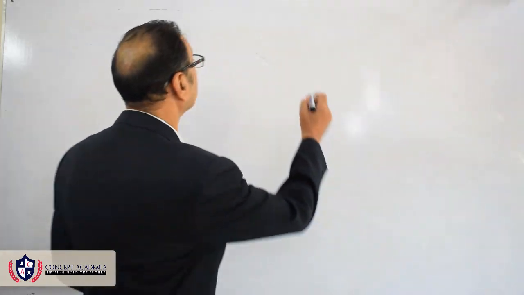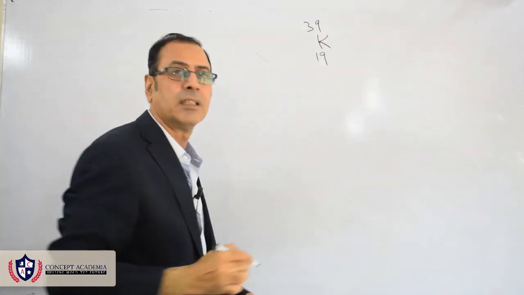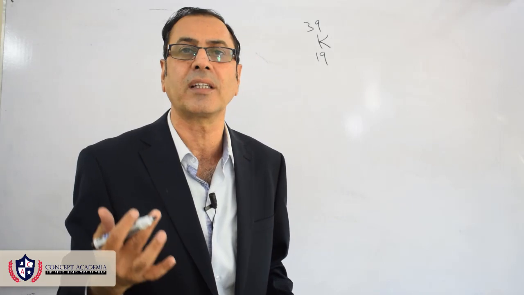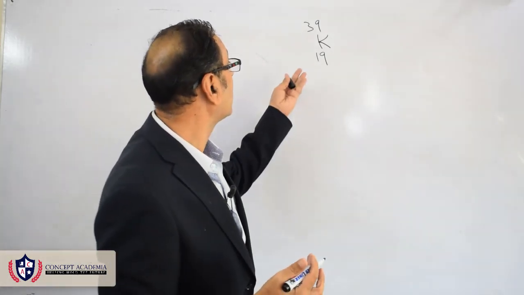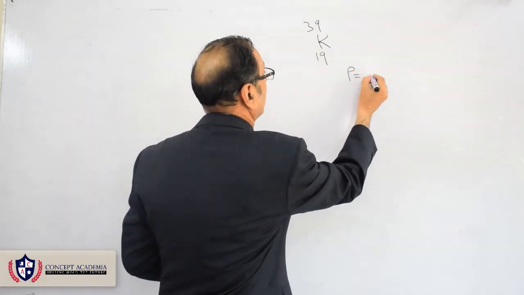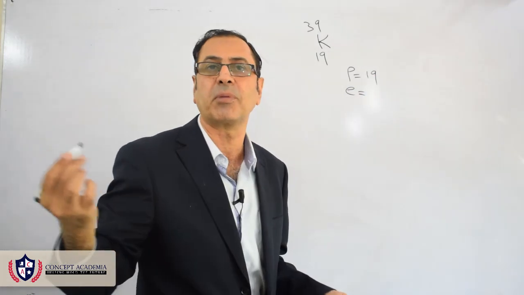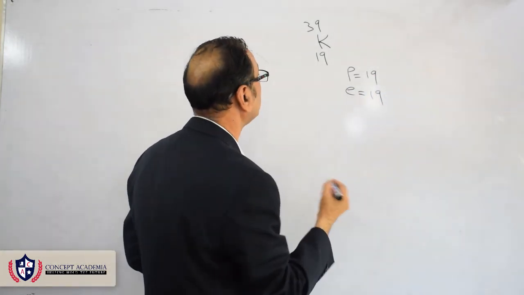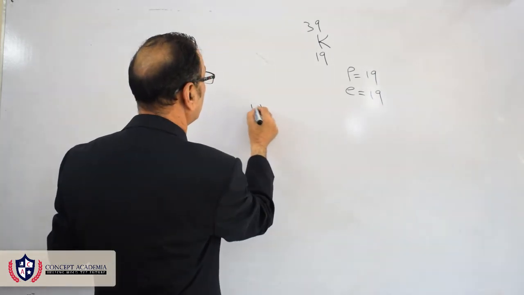The next element is potassium. For potassium, it is K 19 39. Students find it difficult and make mistakes in drawing the electronic configuration of potassium. There are 19 protons, and the number of protons and number of electrons are equal, so 19 electrons. Neutrons, we can find from the nucleon number